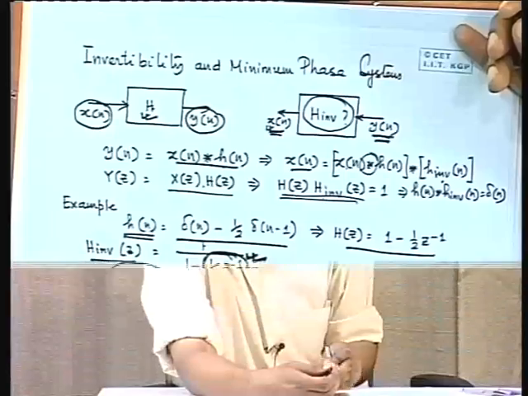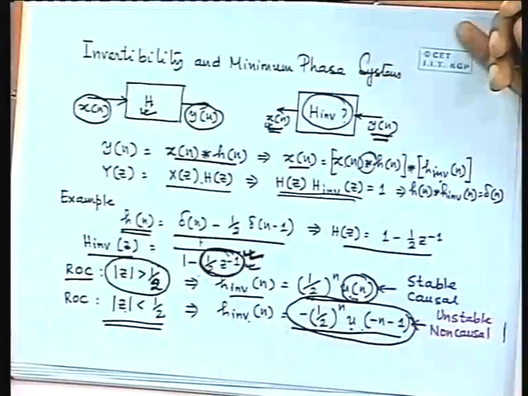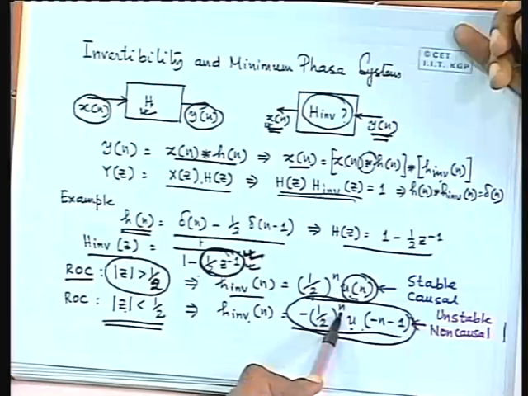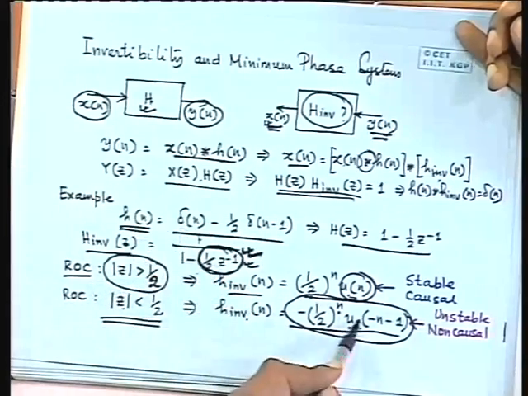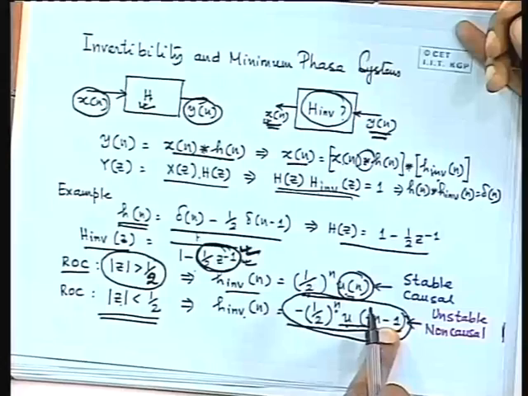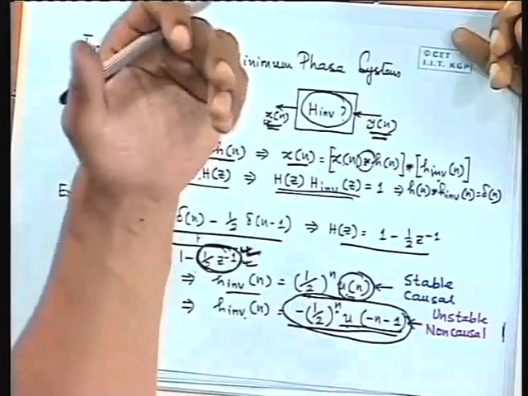But it turns out that this is clearly, first of all, unstable. Why is it unstable? Because n is negative, right? So it will kind of grow. Second thing is that it is non-causal because this is a negative index. So you see that unless you make that assumption, it is not always possible to get a unique h(n). We will make that assumption very often because we are only interested in finding solutions which are causal and stable. We are not interested in finding other solutions.